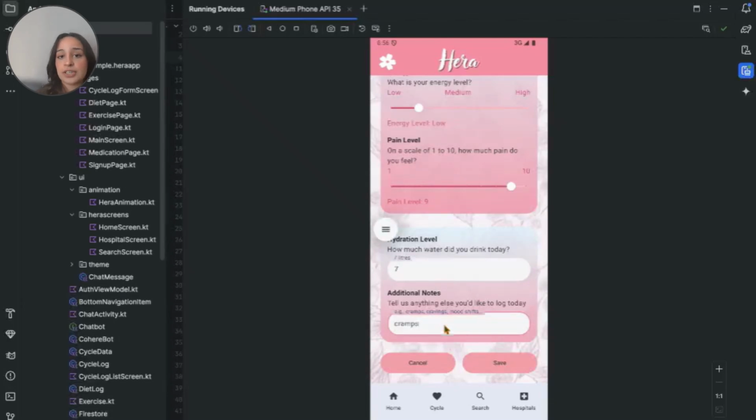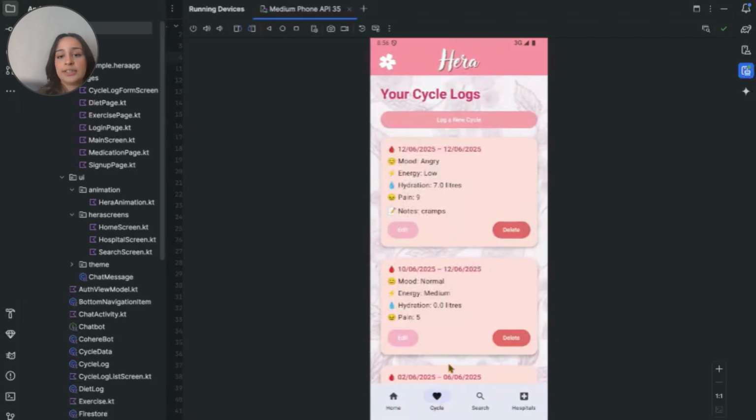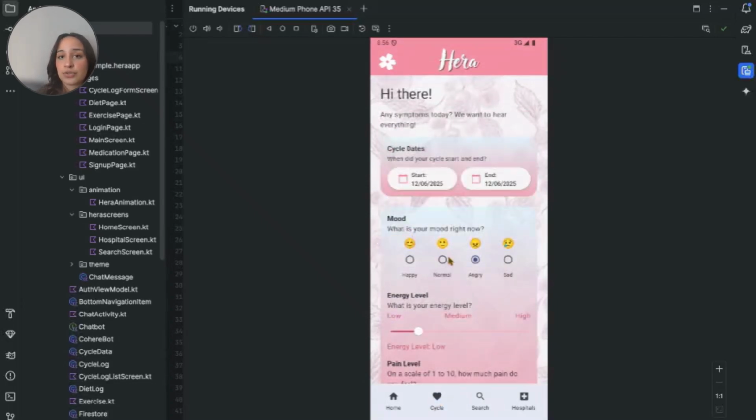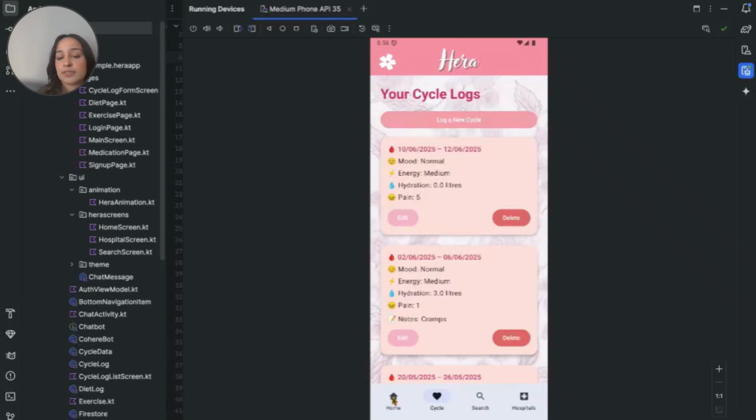Multi-module navigation allows transition between key health login areas via buttons. And then cycle log Kotlin will allow the users to check their history of cycles, which was saved in the Firebase Firestore database through collections for every cycle for different users,